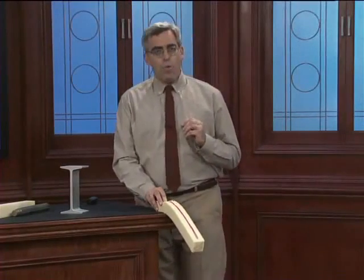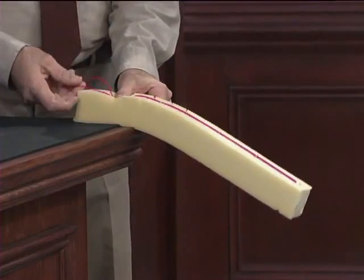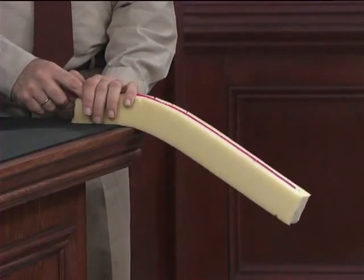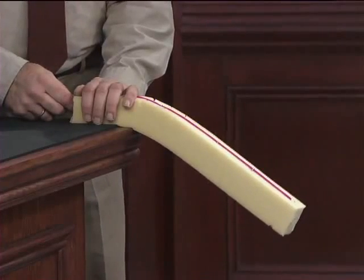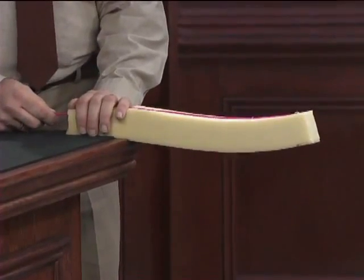What the consulting engineers who did the repair did was to take high-strength steel cables, lay them along the top surface of the beam, as you see here, and then anchor them out at the tip of the cantilever. Once they were anchored, those cables were then attached to powerful hydraulic jacks, which were mounted back at the base of the cantilevers. The jacks were then used to pull those steel cables very tightly in tension in order to